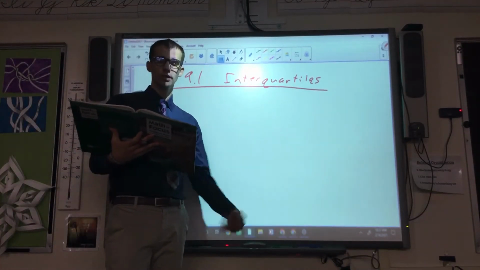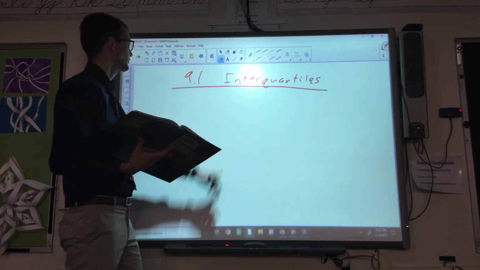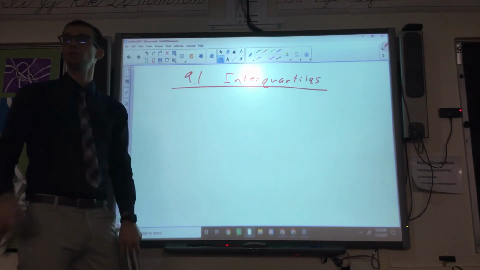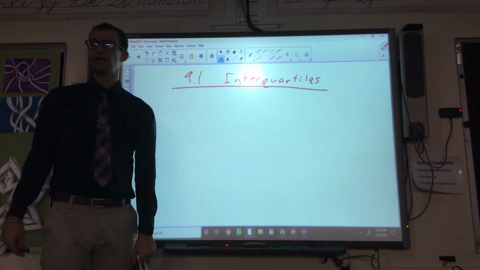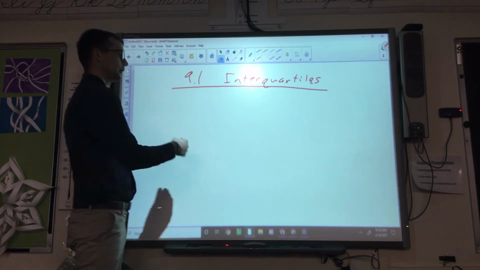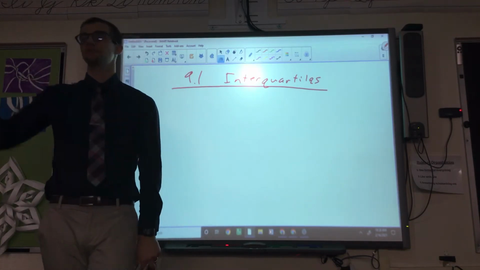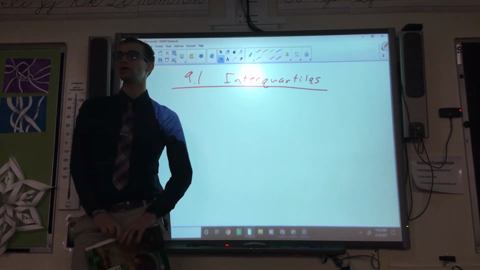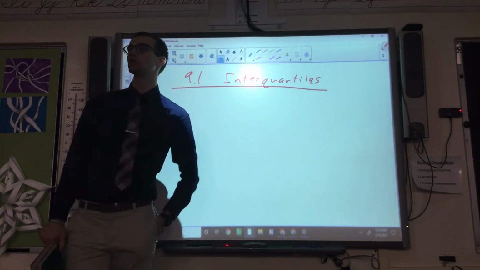Okay, 9.1, interpreting quartiles and interquartile range. So basically what that means, you guys kind of already know this stuff. If I were to say you were in the 75th percentile of people who could,